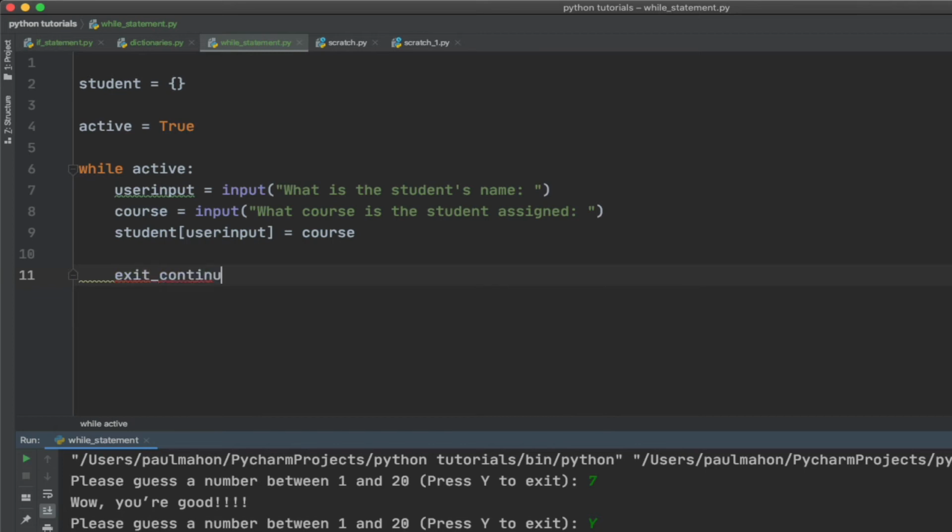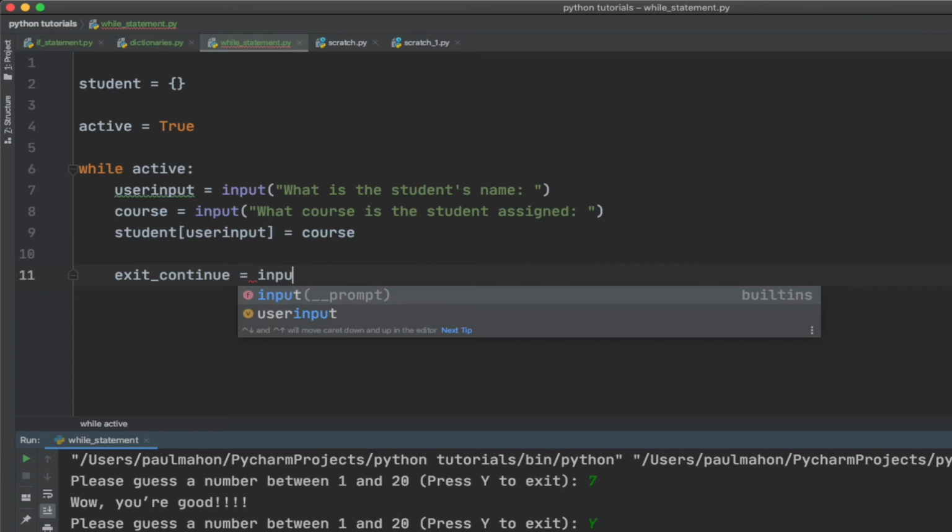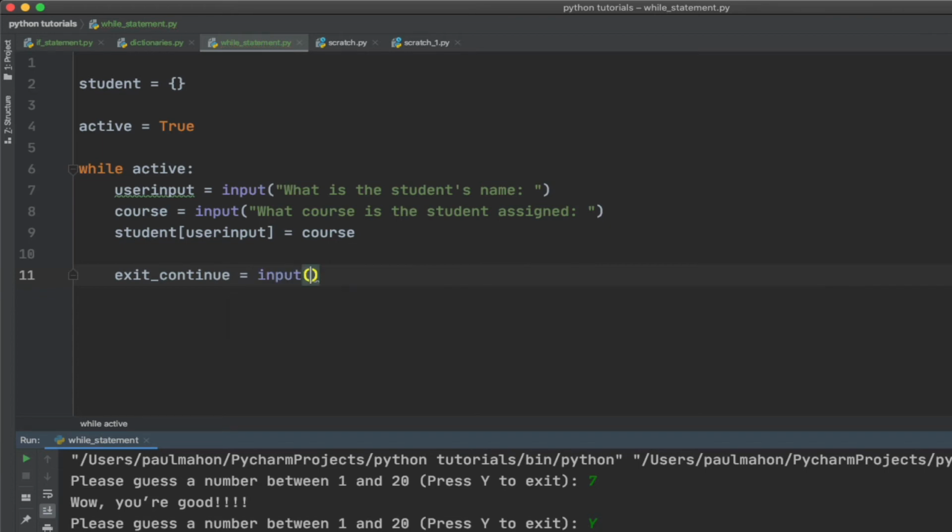We'll also create an exit continue variable here to see if whoever is entering the data has completed entering the data, or if they need to add more names. So we let them know to print Y to continue, and if they don't, the while loop will exit and will print a list of students and courses from the dictionary. So here's our if statement to verify that